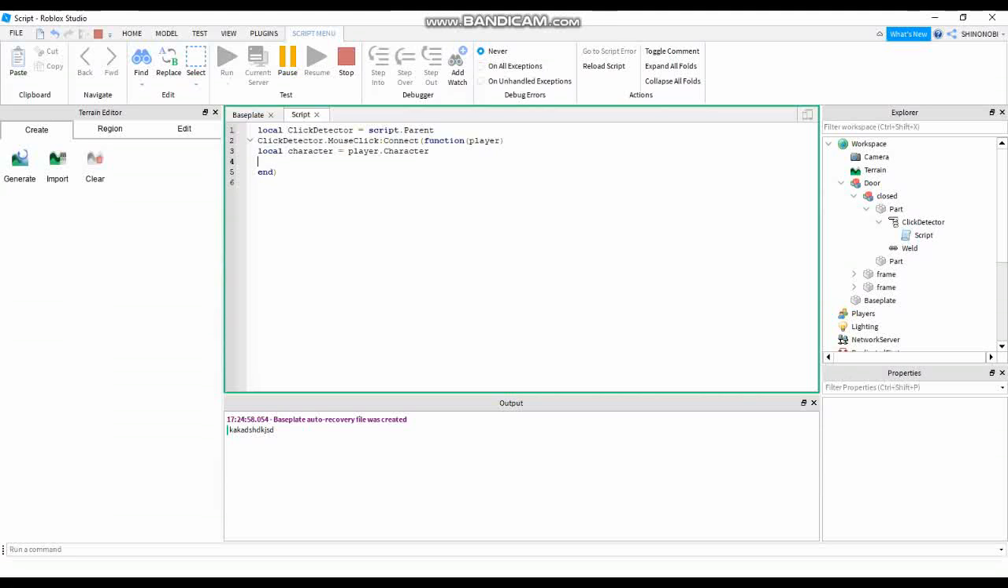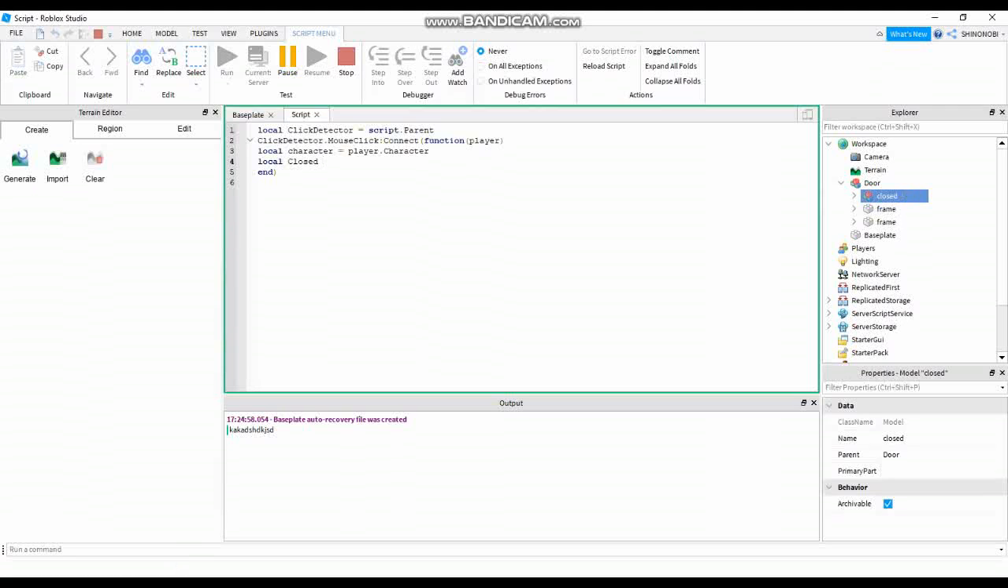And now we're gonna combine the functions and the conditional statements. Let's make a variable first. Local, and then we're gonna name this closed. Closed, we're gonna have to index this one. So closed